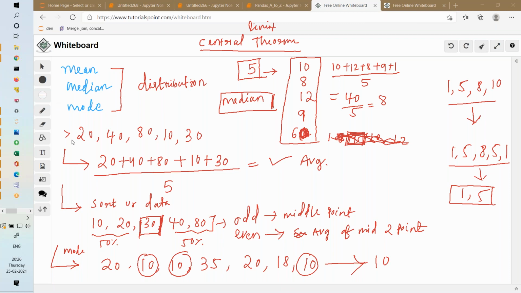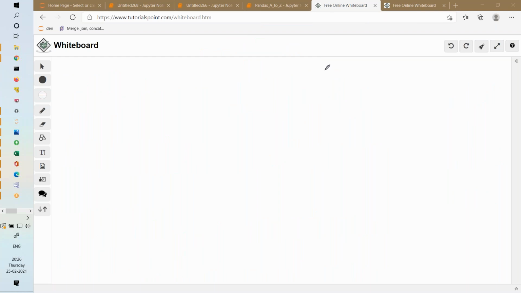I'm just erasing everything, okay? So I'll give you one example. Let's say you are a doctor, a diabetic specialist, and you have many patients. You want to build an AI model where you can predict after how many days the patient will visit you again. Now you have records, let's say one patient 10 days, 15 days, 30 days, 45 days, 60 days, like this. So these are the number of days between the first visit and the next visit. So this is the difference.